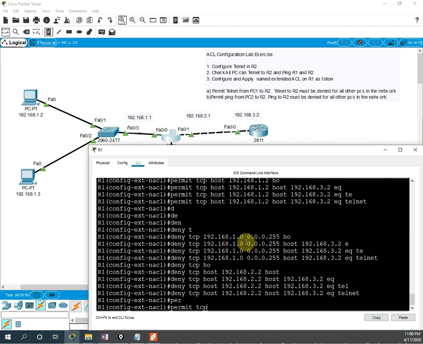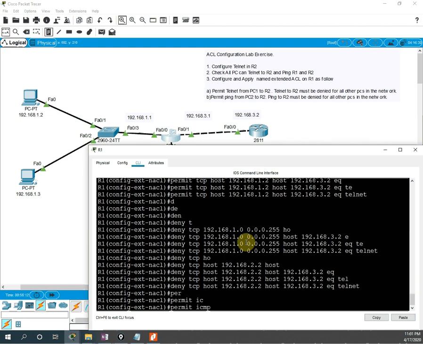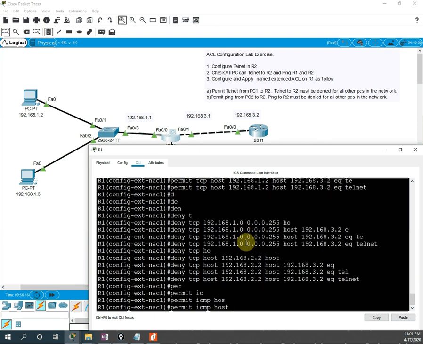Ping means ICMP, so for ping we will write ICMP. Then after ICMP we will write host, and what is the IP address for this one? 192.168.1.3. Okay. And then we will write host again, and then the IP address 192.168.3.2, and equal, then I will write echo.